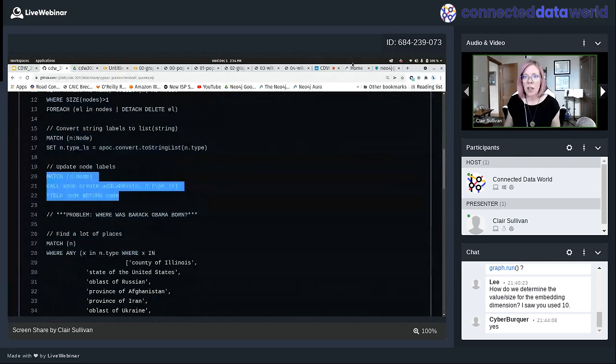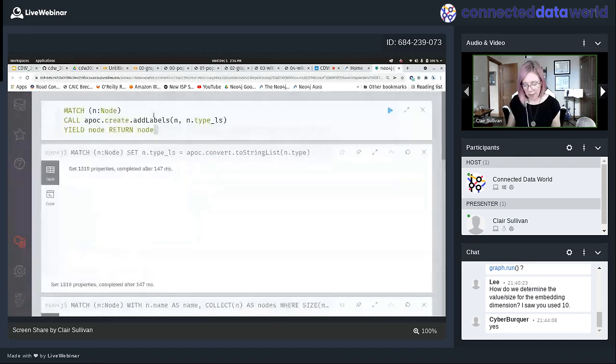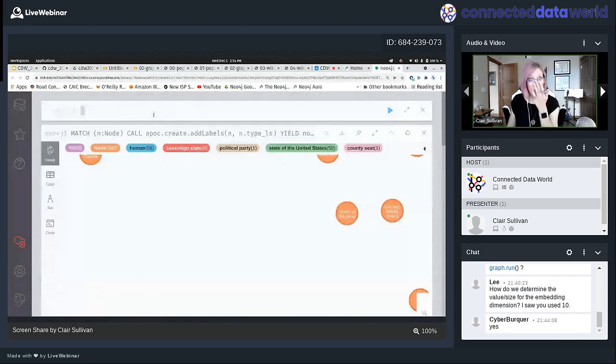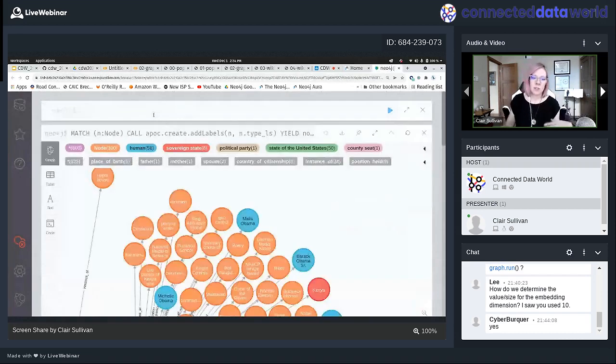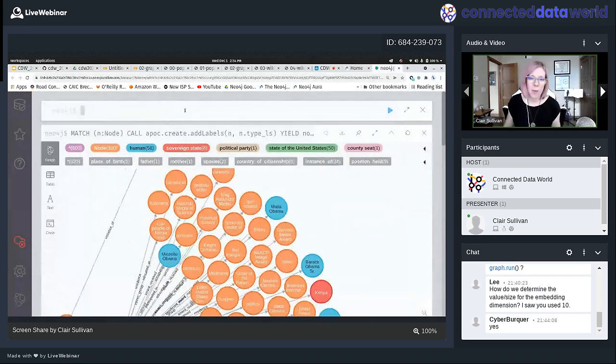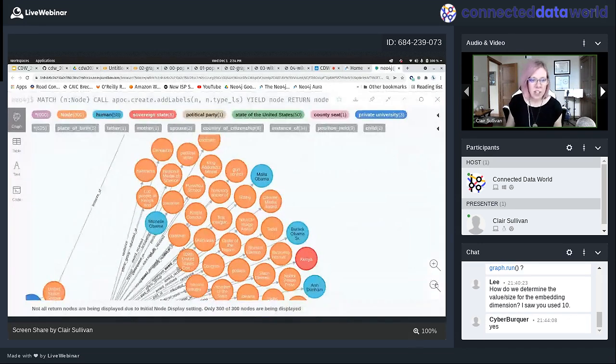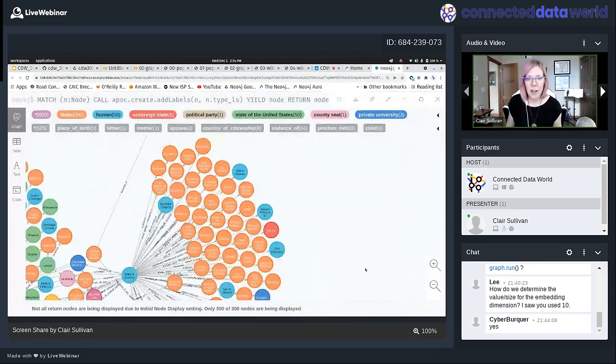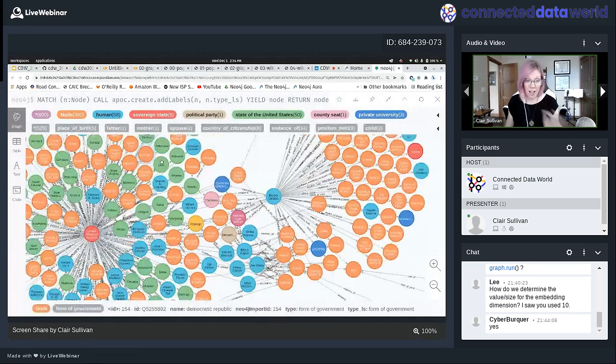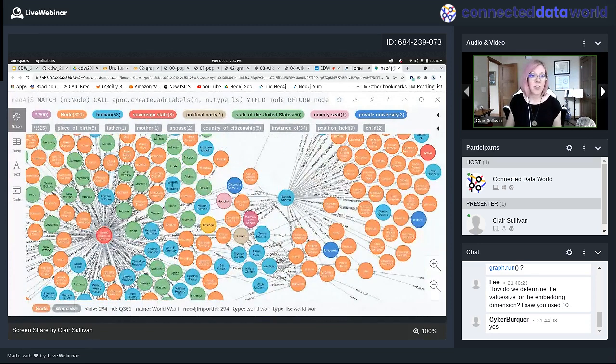Okay, it's just dealing with the fact that Cypher and Neo4j prefer lists of strings and they have to be formatted a certain way. So if you really want to get into the weeds on that, you can go look at the JSON files and see how it's different. But now I have a graph and it has different labels to it. So I can see sovereign states are red, which would be like the United States, humans, blue, and I can look at some of these entities and they actually do make sense.